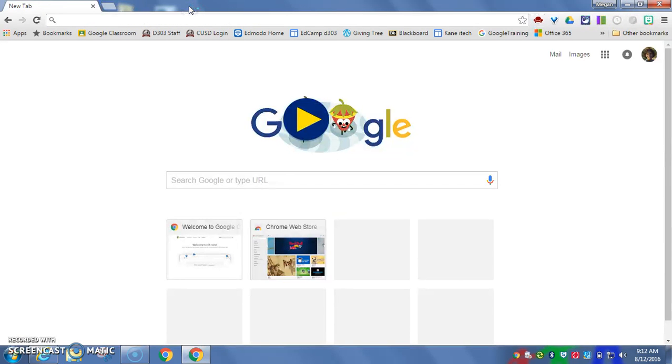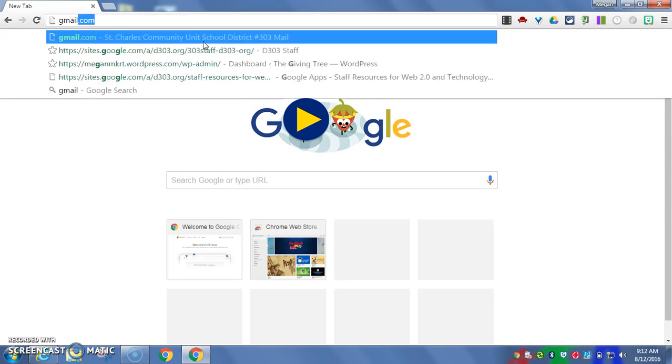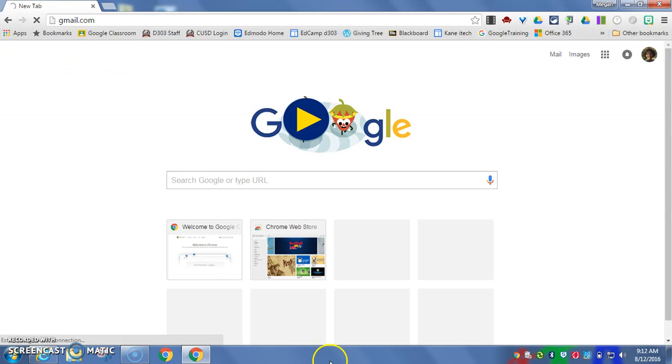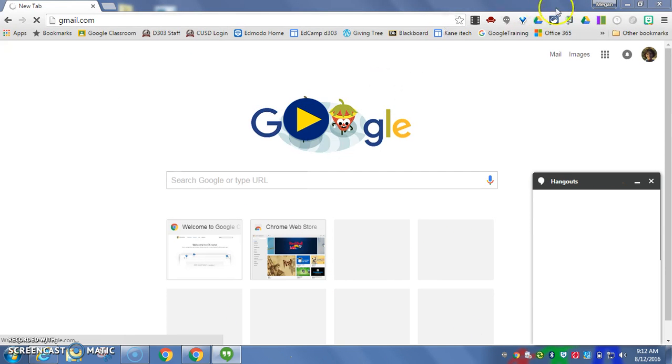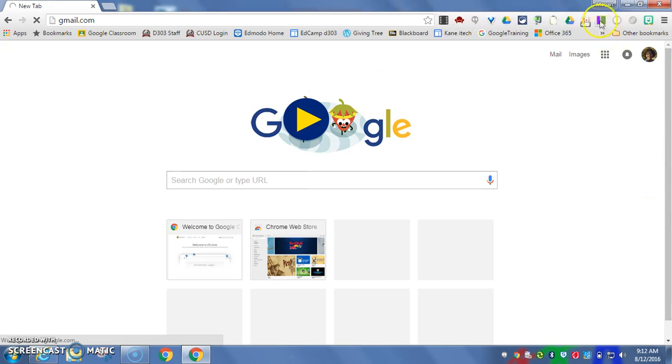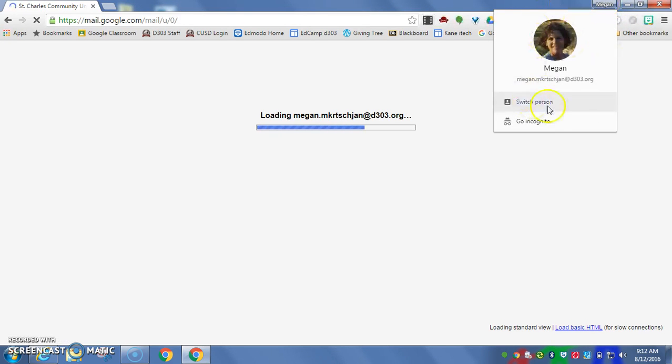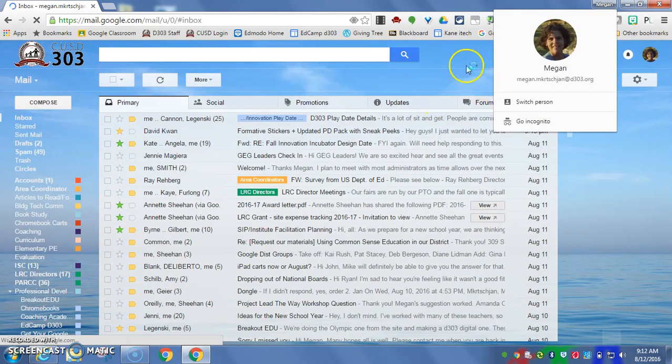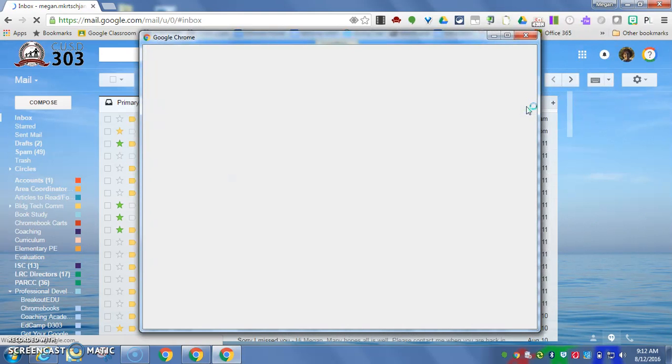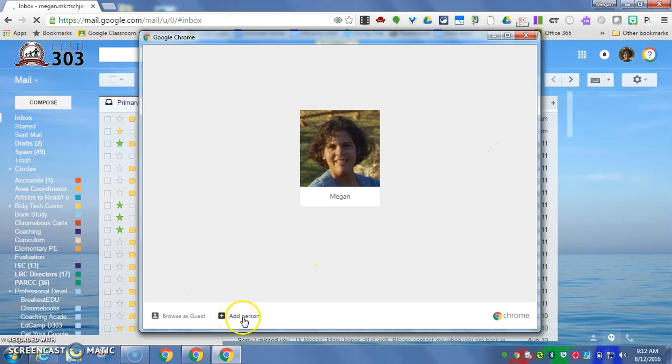So say though I need to access something from my personal account. Say that I have a file there, or want to check my email or something like that. Instead of going to Gmail here and logging into my personal Gmail, because as you remember, I am on my D303 account here. You can see when I click on here, it lets me know I want to go ahead and actually switch users. So I'm going to click switch person, and it's going to let me log in with my personal account now. So I'm going to click add person,